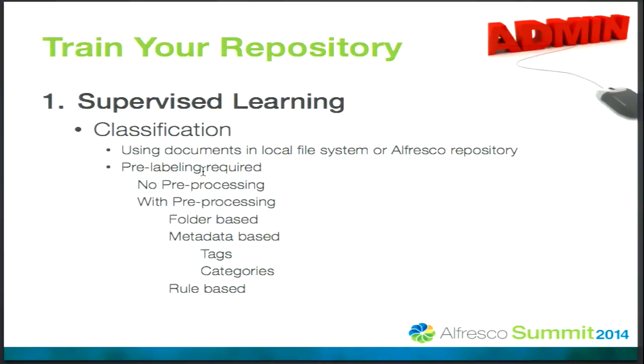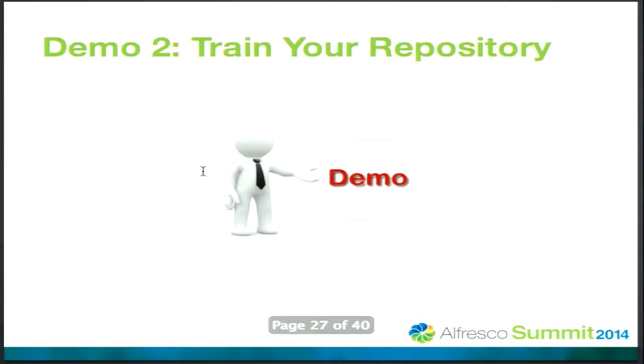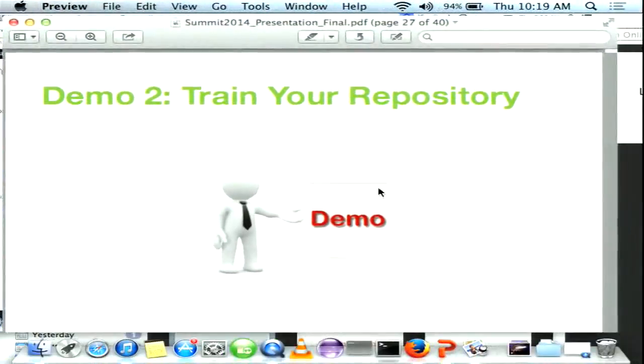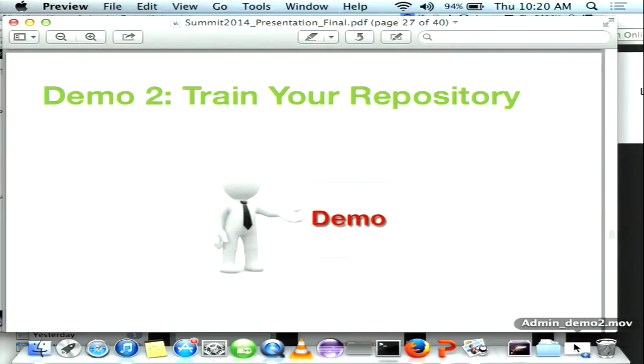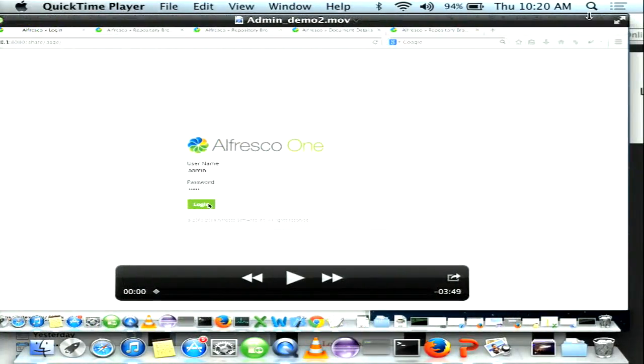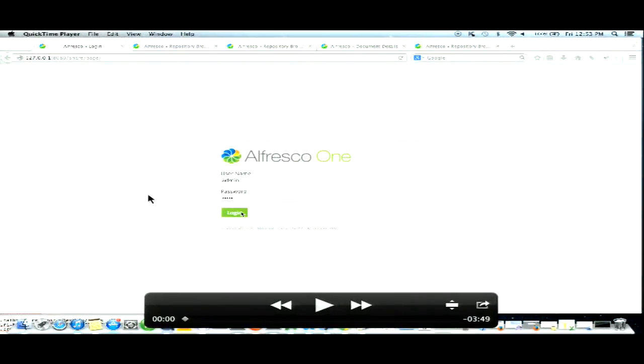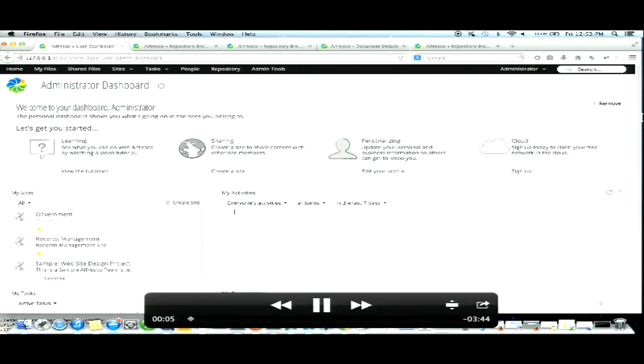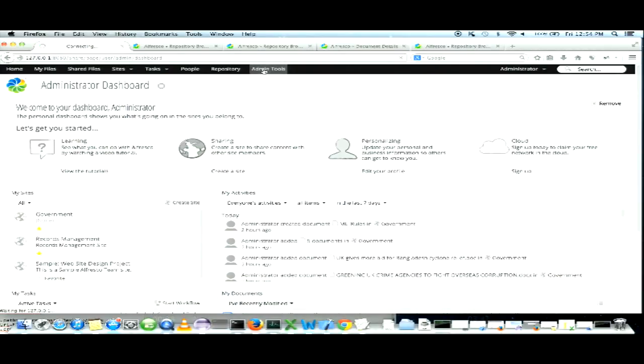So the next thing is training your repository. I think you can remember in the beginning I told you, for machine learning we have to learn from past experience and knowledge. So that is training the repository. For that we have two different methods. I think I will explain this during the demo. So we'll go to demo 2. So this is basically admin functionality. Admin has to do this once when you are applying machine learning capabilities to the system. Also this training part we can schedule using a cron job as well.